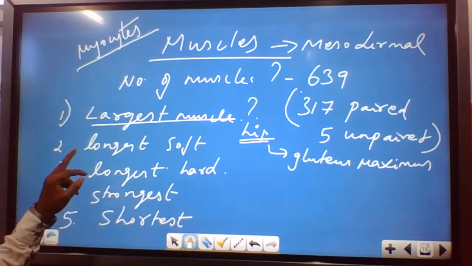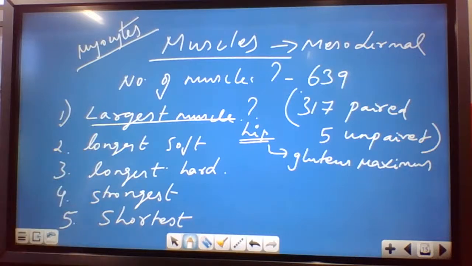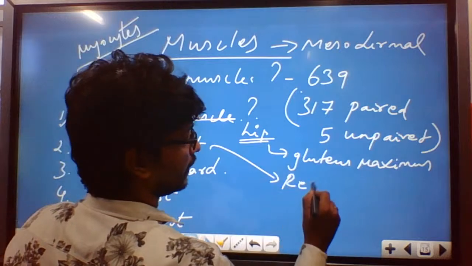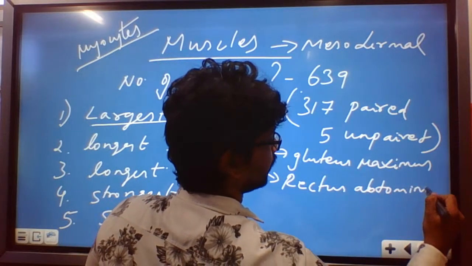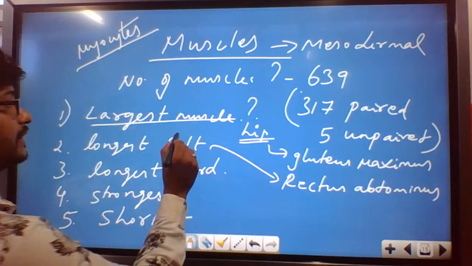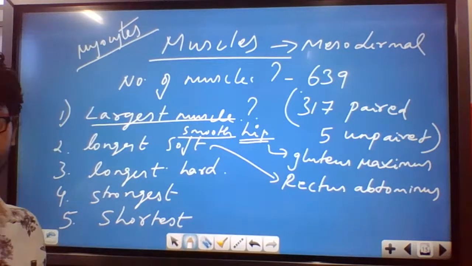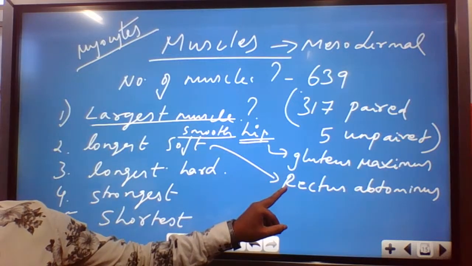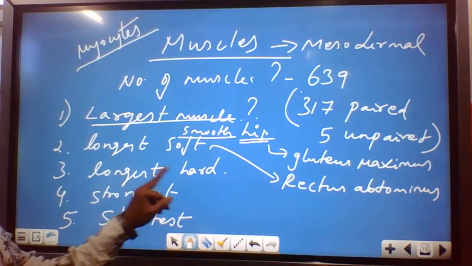Coming to the longest smooth muscle, what is the longest smooth muscle? Rectus abdominis. Rectus abdominis is the soft or smooth muscle. Instead of soft, I call it smooth also. The longest smooth muscle is the rectus abdominis muscle. And the longest hard muscle, which is